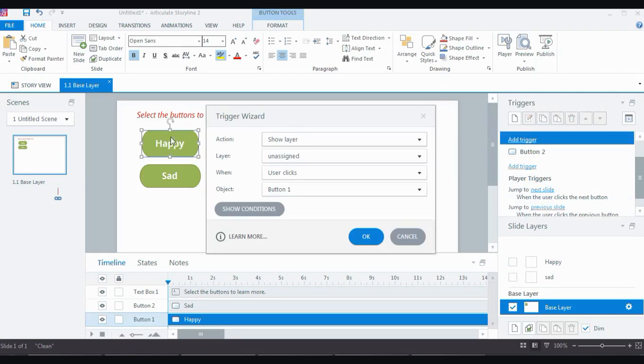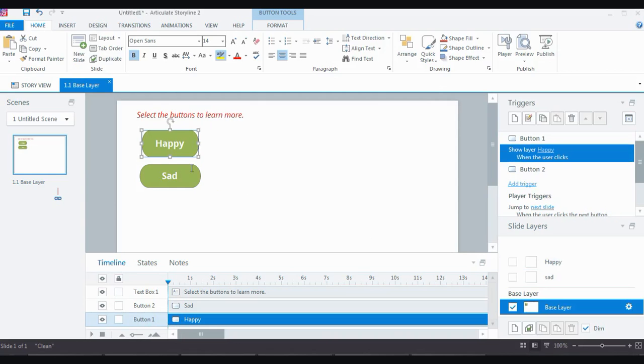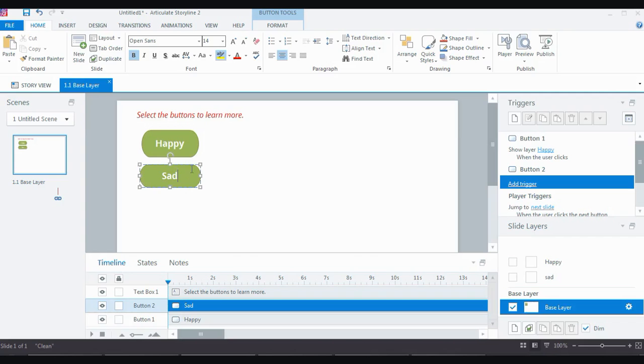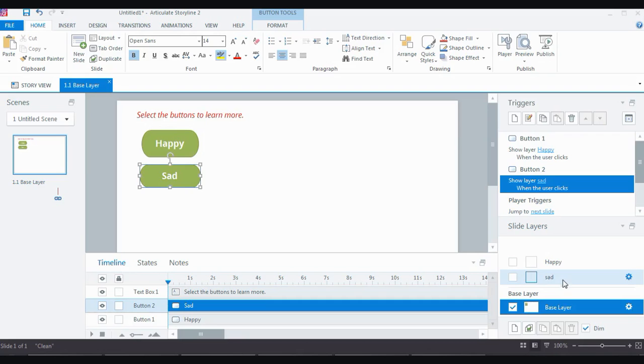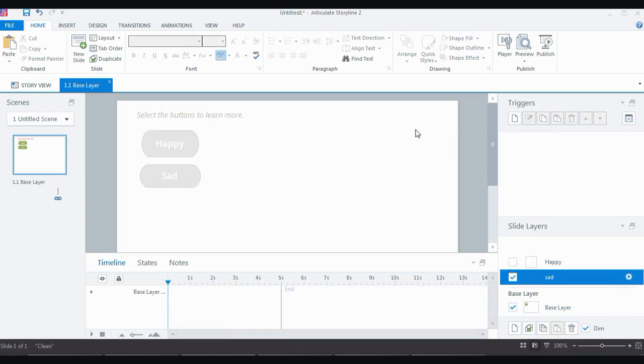So if I click on happy, the action I want is to show the layer. I can select the name of the layer, which is happy, and I want it to come when the learner clicks button 1. So button 1 is the name of the happy button. I can leave that, and I can have a similar trigger for the sad button as well. So I can click on add trigger. So show layer sad when user clicks button 2, and if we see button 2, it is for the sad layer. I can click OK,